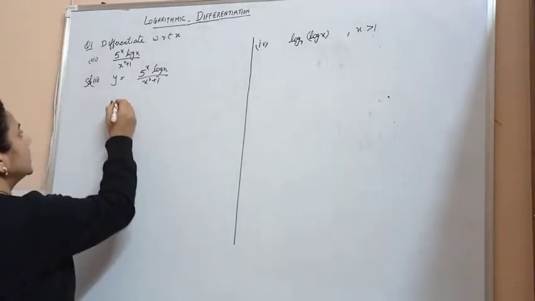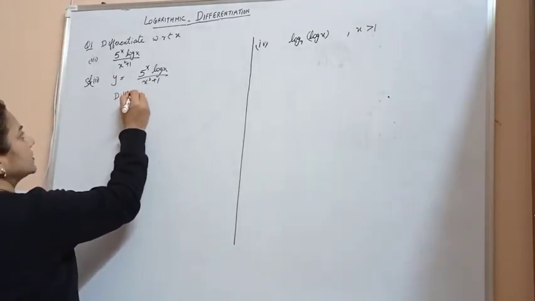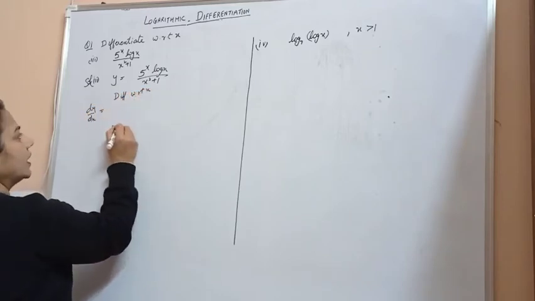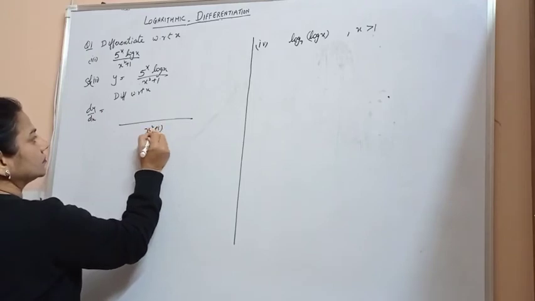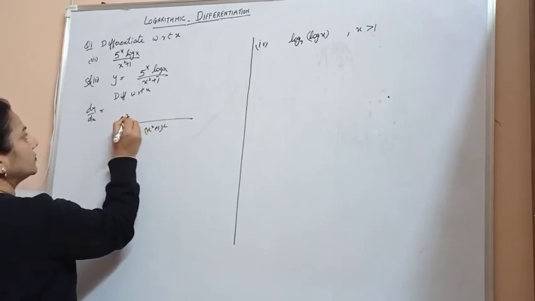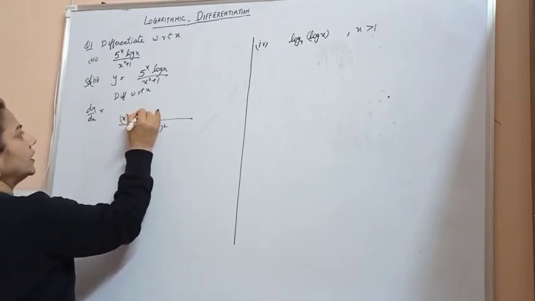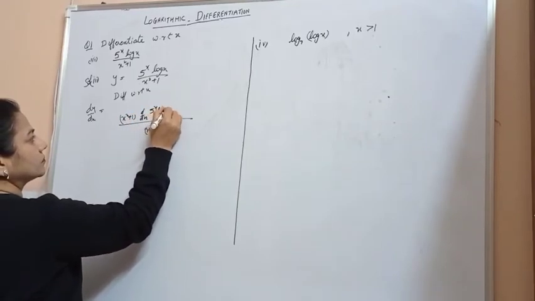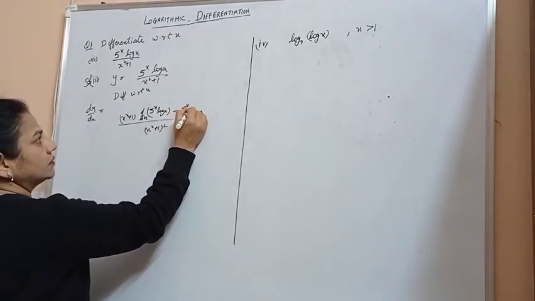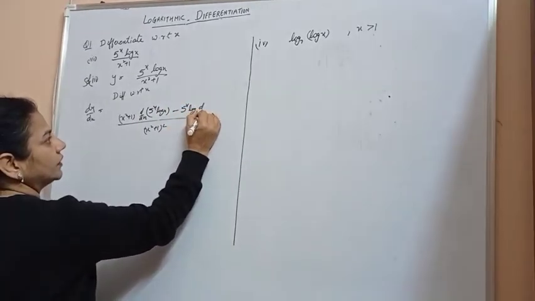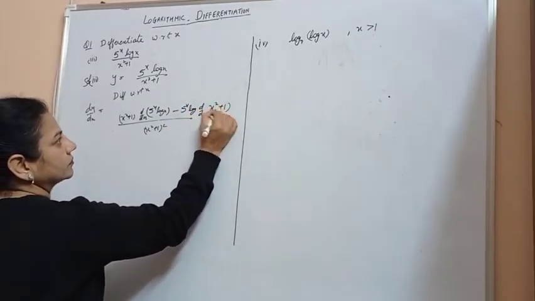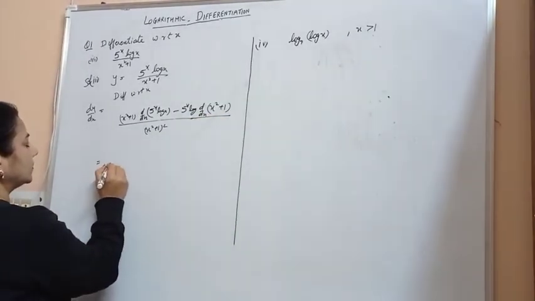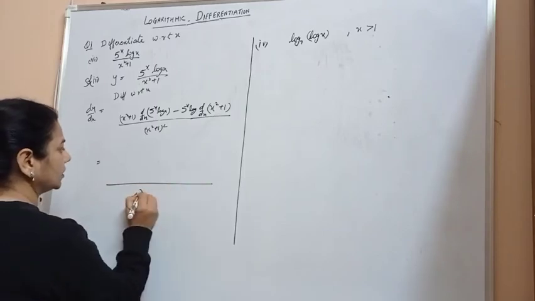The quotient formula says, differentiating with respect to x, dy by dx, we have denominator square, denominator into derivative of numerator minus numerator into derivative of denominator. Applying the quotient rule, now again we have denominator square,